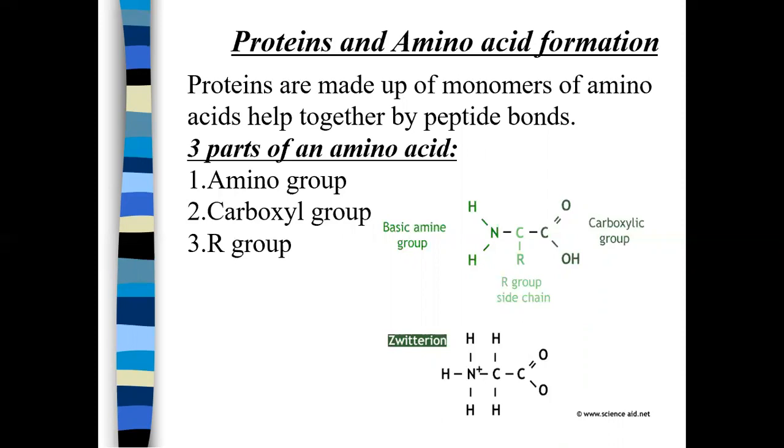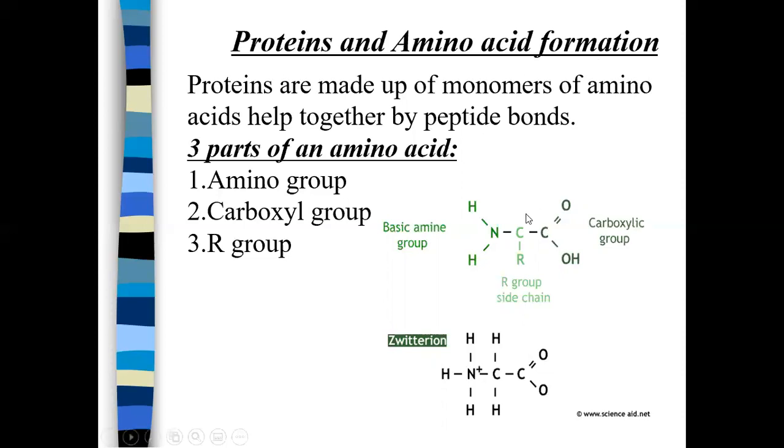I have told you about the condensation reaction in a previous lecture, in which two monomers react with each other, and as a result a water molecule is eliminated. Talking about the structure, an amino acid consists of three parts: amino group, that is NH2, carboxyl group, that is C double bond OH, and R group. R may be a variable group. R may be hydrogen, maybe carbon, maybe a long chain of carbon.